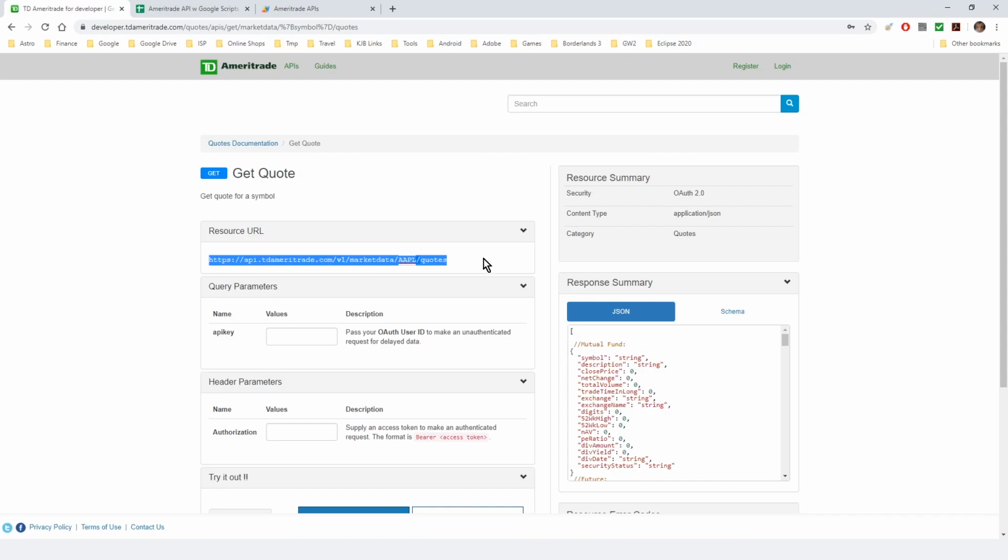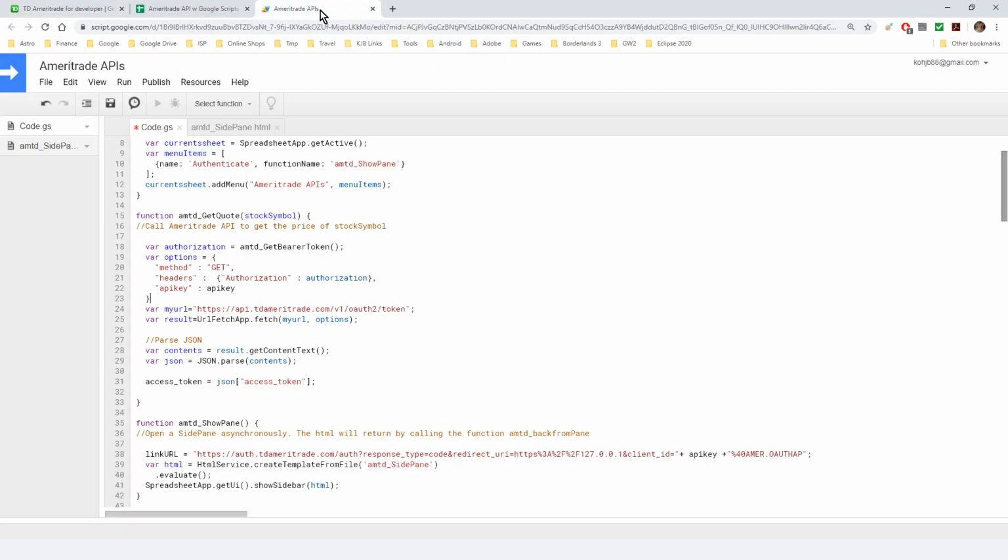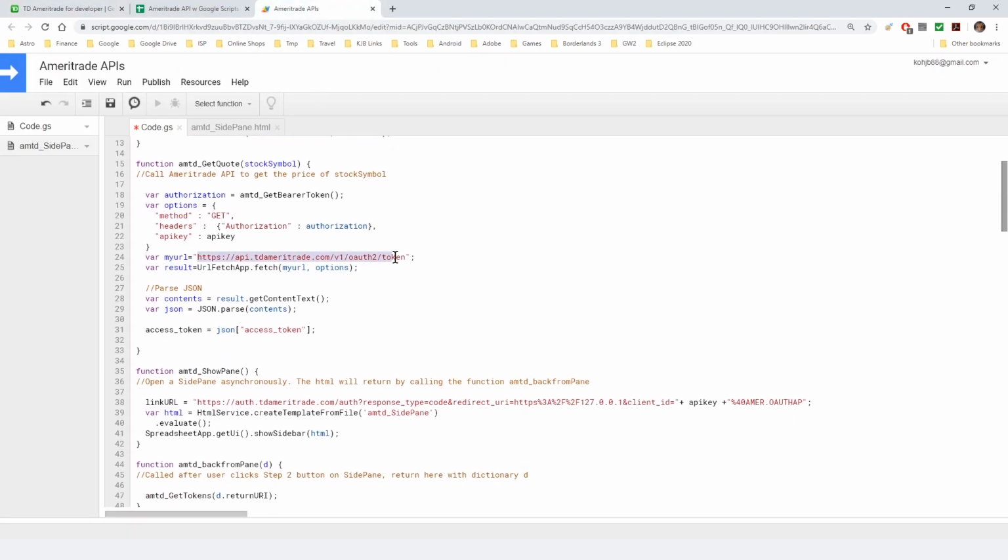And the format, you can see there's an embedded stock symbol in there. So here's what it's going to look like. And here's your stock symbol. Right? And the rest here then would be correct,